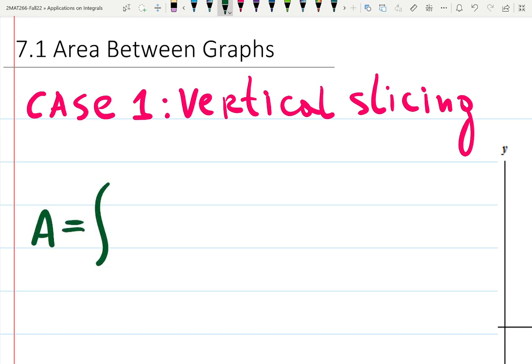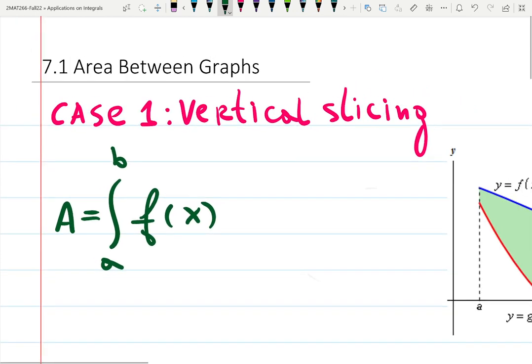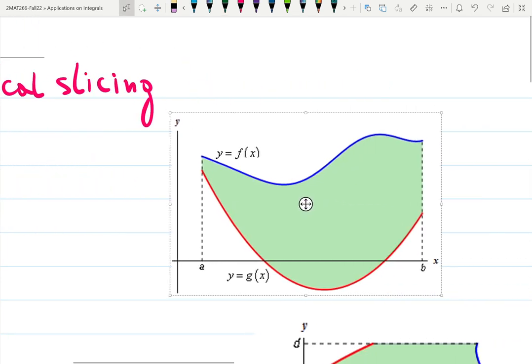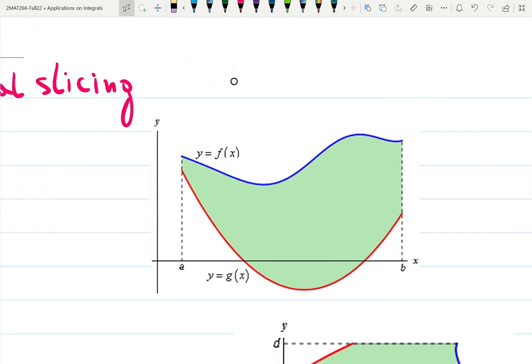Area between graphs will be found as the integral from a to b. We did it before, f of x. But now we're going to add something more. Check this graph. I was hiding it from you. Here's the graph. Vertical slicing means, remember, we're approximating areas with rectangles, and we just learned different approximations, but let's